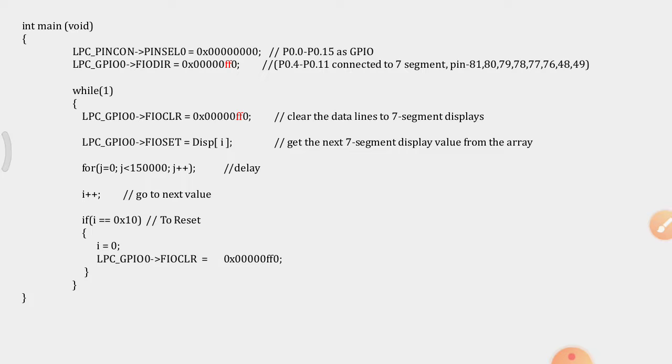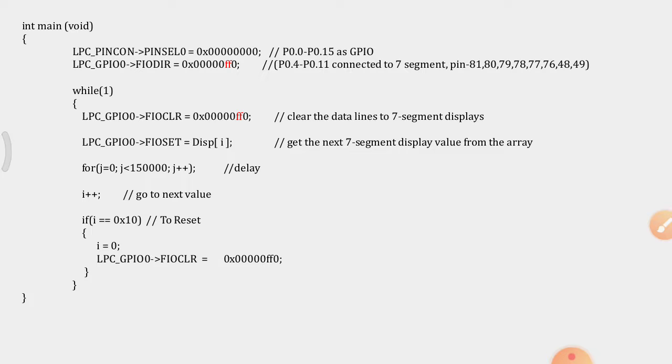Then I am checking whether i is equal to 16, since we have to display 0 to F, and after F is 0x10. If it is 0x10, it has to start again from 0. That is why I am checking if i equal to 0x10, for the purpose of reset. If it is 0x10, then i equal to 0, that is reset i from the beginning, and clear all the pins.